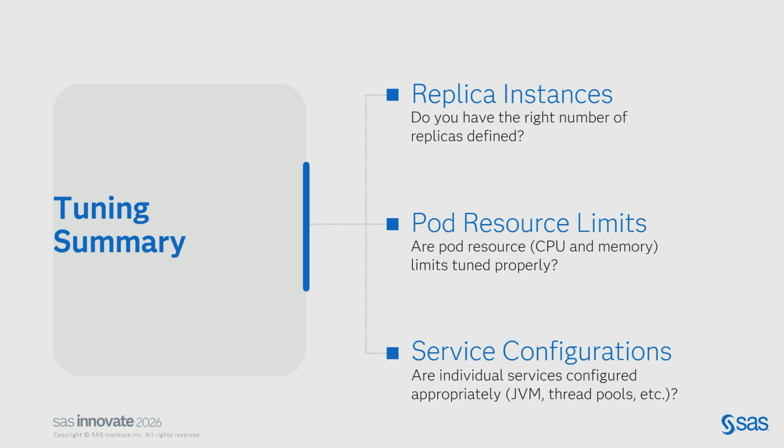The first one is replica instances, right? VIA comes with an overlay that's called Enable HA, which by default will let you increase the number of replicas for all the services from 1 to 2. And that's great because it gives you high availability. If one pod goes down, you have another pod that can take the load, right? But where that also helps is overall load balancing of incoming requests, right? When you have multiple instances of pods running, the more it's able to divvy up the load between them, right? So instead of bogging down a single pod, you're able to divvy it up to 2 or 3 pods and so on. Okay, so that was the first thing that we wanted to look at.